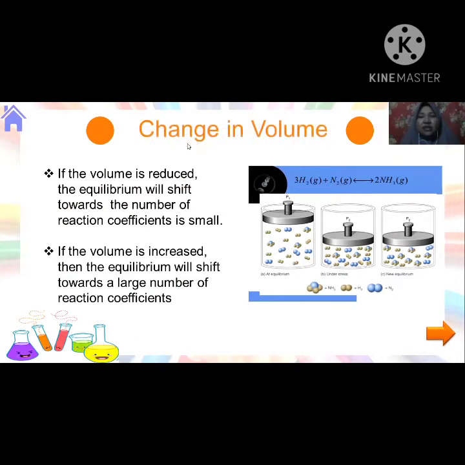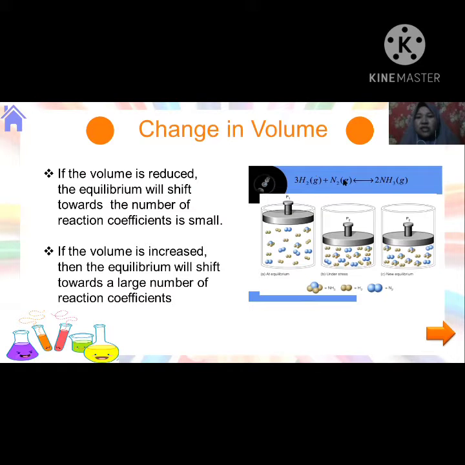The next factor is change in volume and pressure. But first is change in volume. The principle is if the volume is reduced, the equilibrium will shift toward the side where the number of reaction coefficients is small. For example, if we have the reaction equation 3H2 + N2 ⇌ 2NH3, and the volume is reduced,